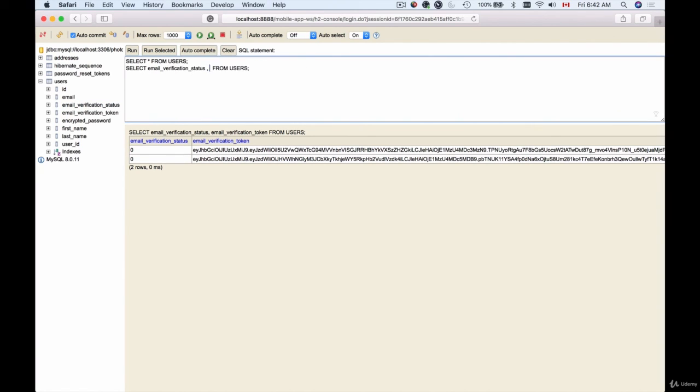So as I type in and I need to pick up one of the fields here, I can click on the field and then bring it in. As you can see, it can be very quick to compose a SQL query using just the graphical user interface